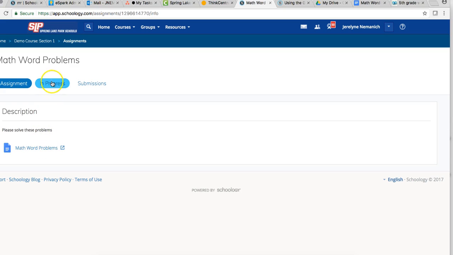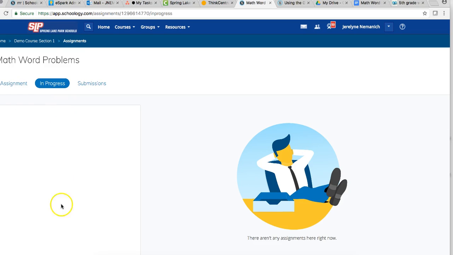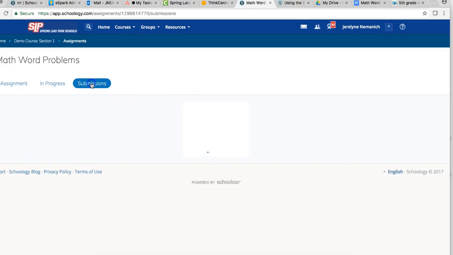copy of that. If there were any students that have not submitted, but they've started it or are working on it, I can click on in progress and those list of students would be listed here, and I could go in and see where they were at. The Google Doc would show up here and I could go and make edits while the students are working on it. If I go to submissions,